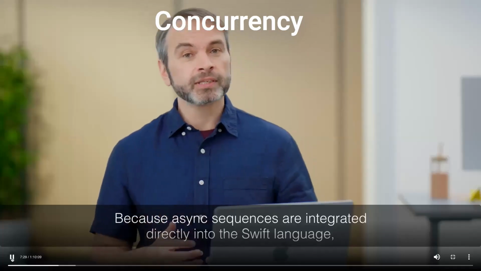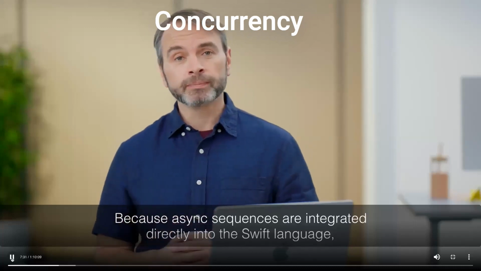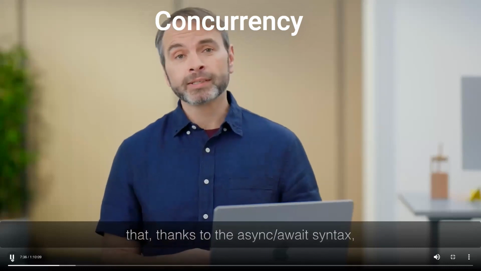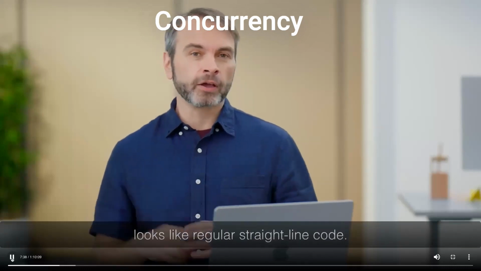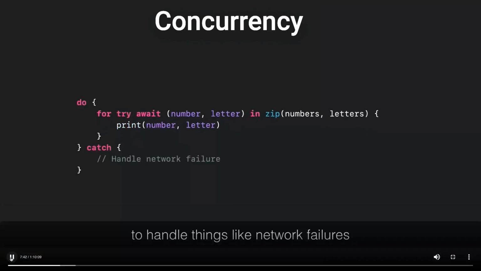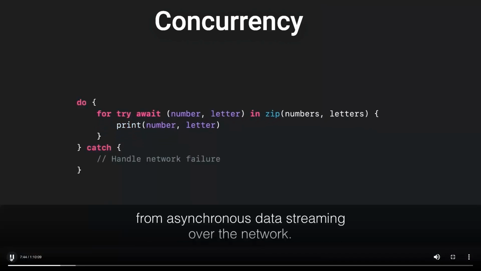Because async sequences are integrated directly into the Swift language, they use familiar constructs like for loops that, thanks to the async await syntax, look like regular straight-line code. You're also able to use the familiar try-catch pattern to handle things like network failures from asynchronous data streaming over